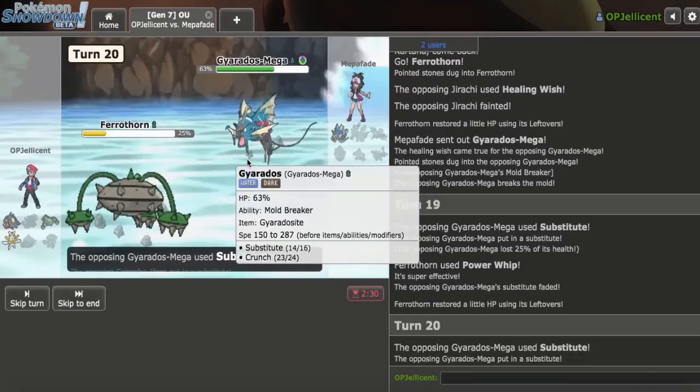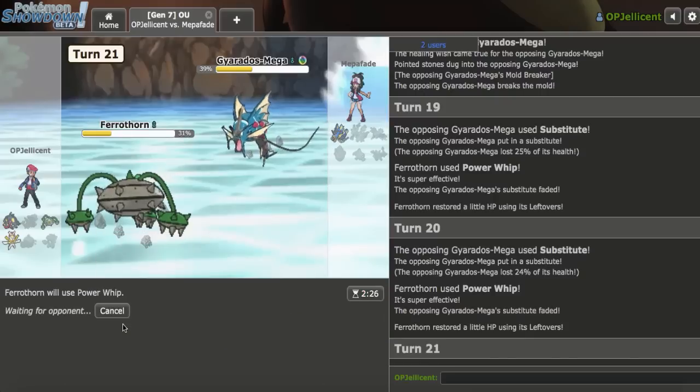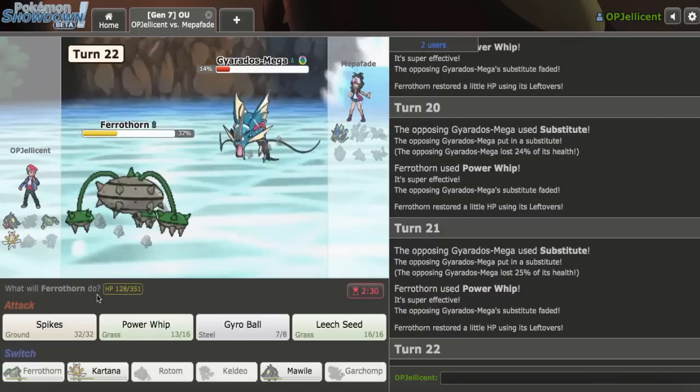Yeah, it's just about making sure it doesn't get a sub up, which I do hit again, which is great. At this point, they have to go for the sub. That's their best option here. But the thing is, if they sub, then I don't think Earthquake kills me, and then, like, yeah, I do